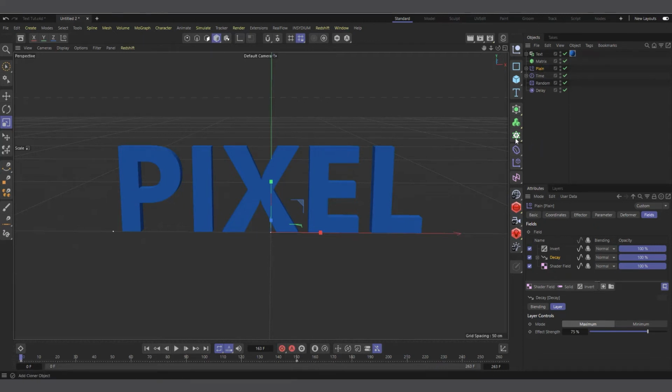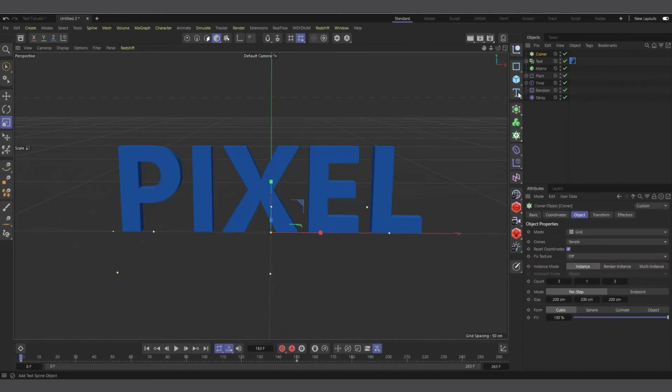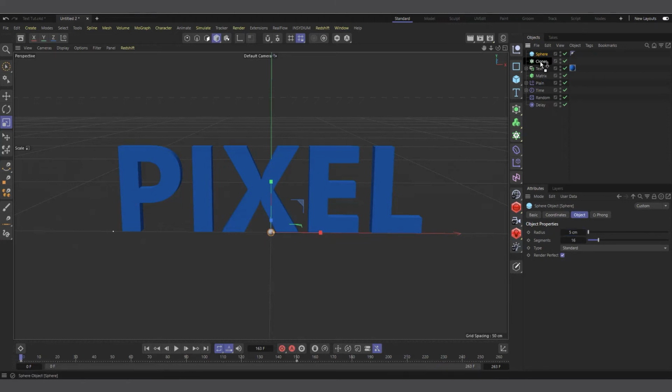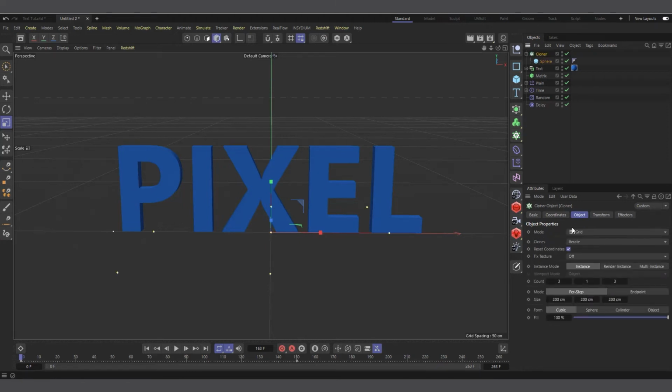To do that, it's as simple as creating a clone object and putting in something like a sphere. So I'll create a sphere, reduce the size to 5 centimeters, and make it a child of the clone. In the clone, I'll change the mode from grid to object, and the object we want to clone on is the matrix. But before I do that, let me select the clone and make sure it's set to multi-instance, so that it renders and moves quickly and doesn't slow our scene. Now I can drag in the matrix, and if I hit play,